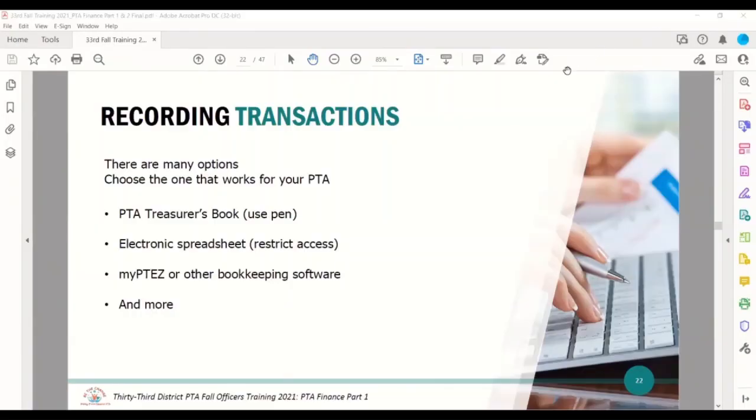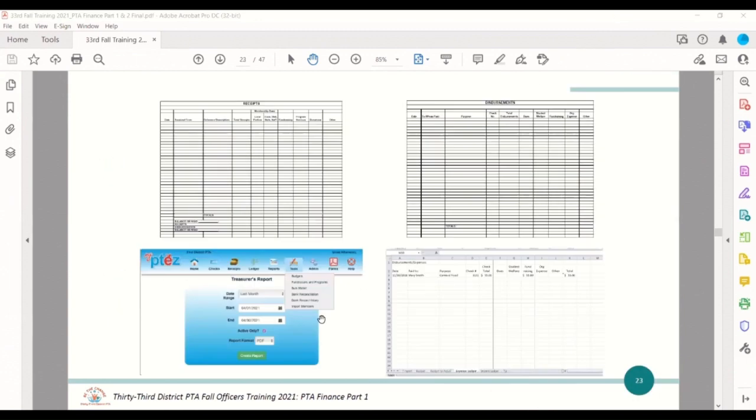Okay, so now that you know about deposits and checks, let's talk about recording those transactions and then also making reports. So there are different ways that you can choose to record your transactions. And if we can go on to the next screen, there's some examples. So the top 2 pictures